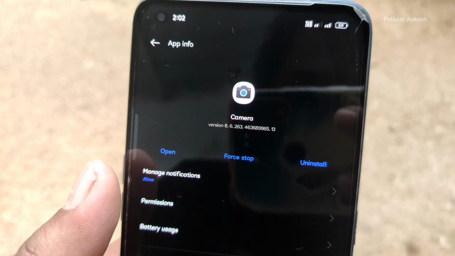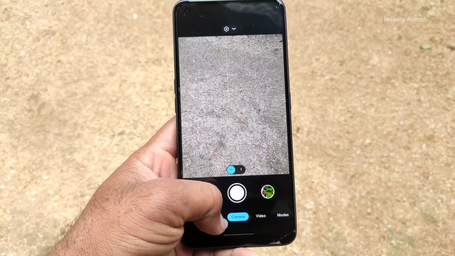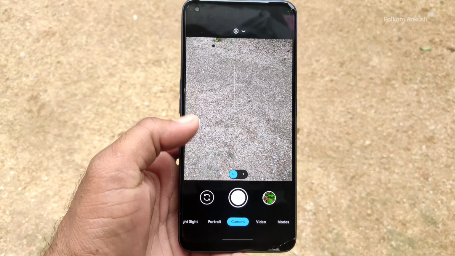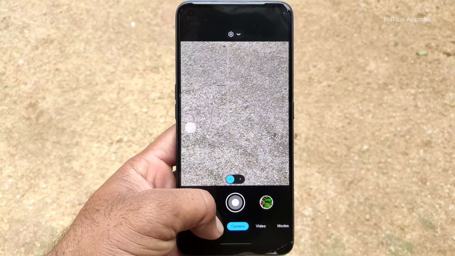And friends, I'll show you some samples here, both the cameras, Google versus Stackcam. You can see the samples and tell me which one is better, and do comment. And one more thing guys, Realme 7 Pro stock camera is very good. Realme 7 Pro supports night mode also, and Google camera also supports night mode. It's called Night Sight in Gcam. And friends, one more thing, the Gcam supports Night Sight in portrait mode also, both the front and